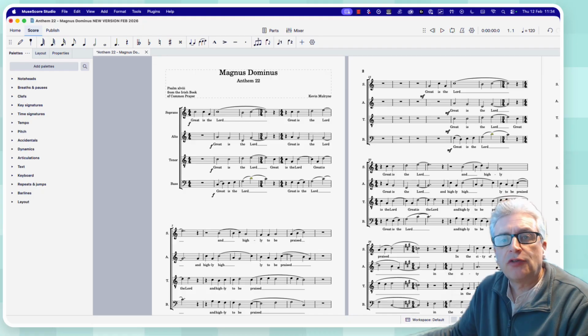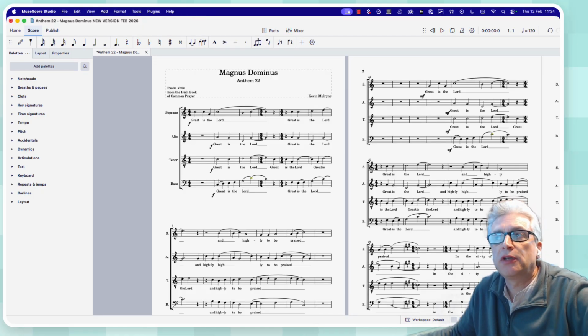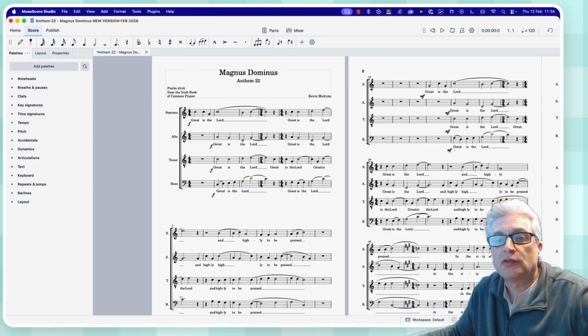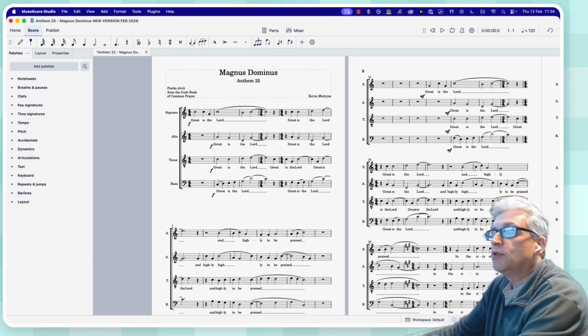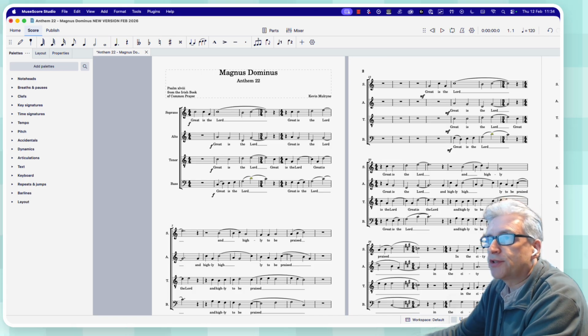Hello, I'm Kevin Mulrine, and today I'm hoping to show you a little bit about the process that I use to create choral demos in new AI software called Ace Studio. So, here we go. First of all, I start in MuseScore, and the reason I use MuseScore is essentially that